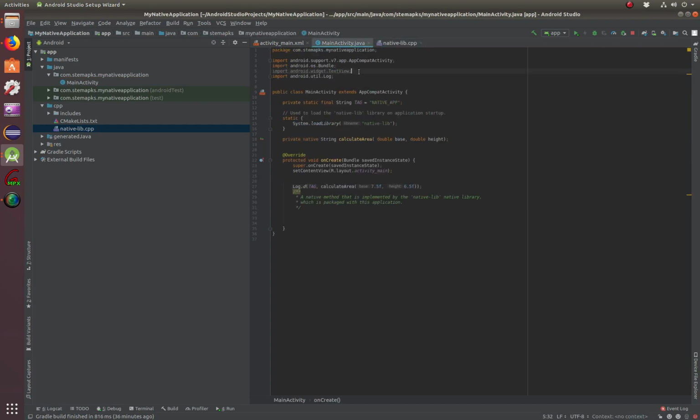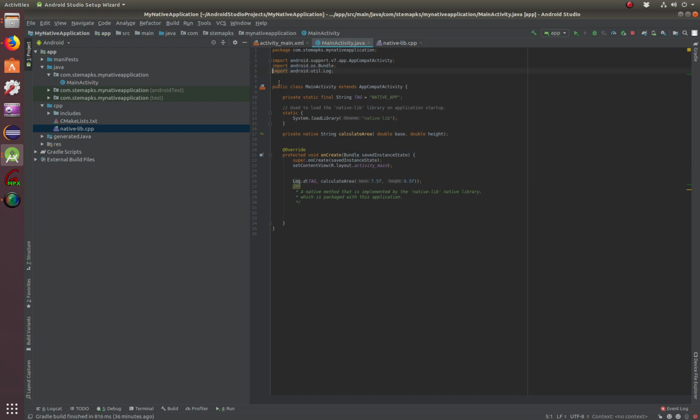I got rid of the text view, as you can see, delete it, and I kept import android.util.Log because we're gonna use the LogCat, and I'm gonna leave this here so you're able to copy it. So you're gonna go public class MainActivity extends AppCompatActivity. This is just like the way it was in the project that you got, but this is new: private static